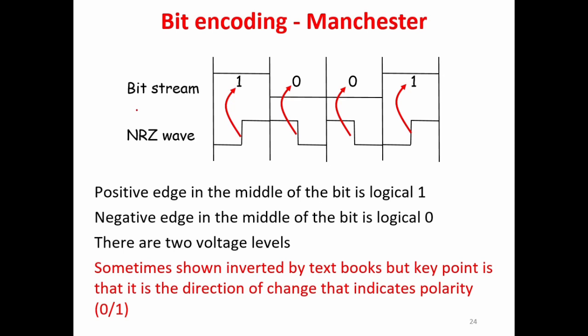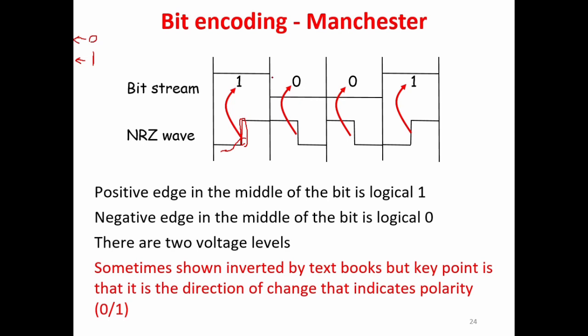Here, even the explanation and the procedure is simpler than the previous one, because instead of 3 different voltage levels, now we have only 2 voltage levels. And these 2 voltage levels are either 0 or 1. This is low voltage and this is high voltage, we already know that. But here, instead of seeing whether the signal is in high voltage or low voltage, we are only working with the edge. And if the edge of the signal is increasing, which is called a rising edge, because the signal is going from 0 to 1, right? If we have a rising edge here,